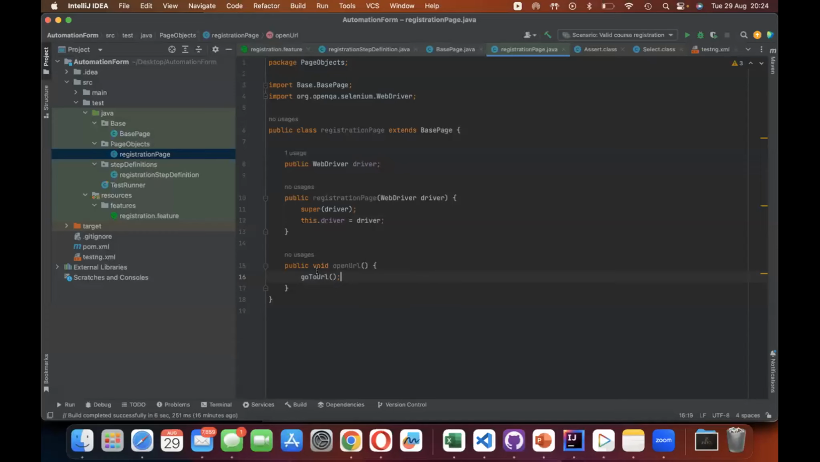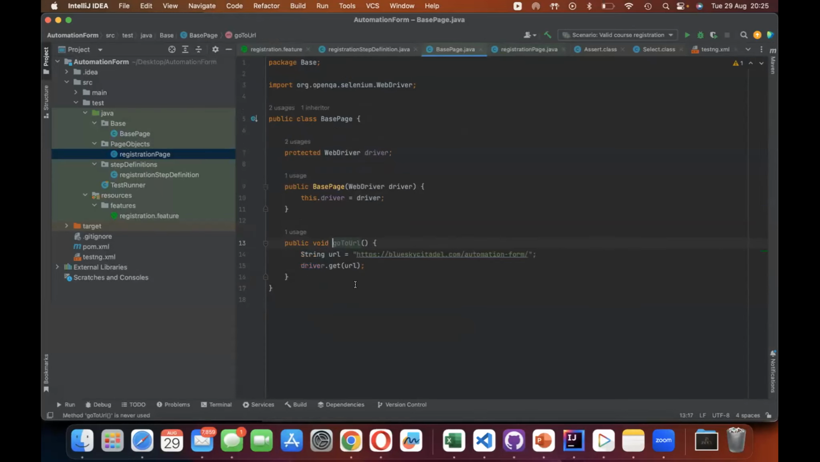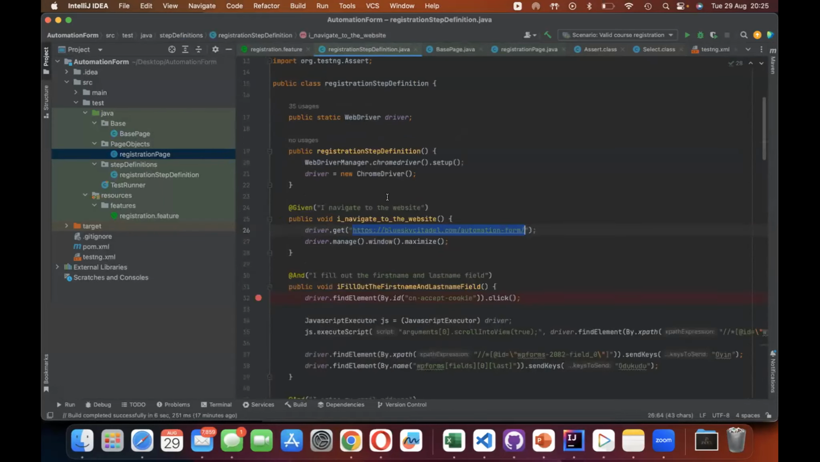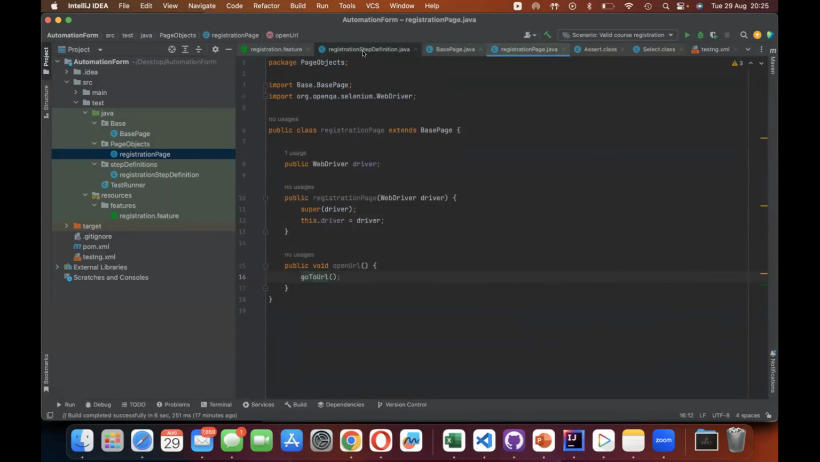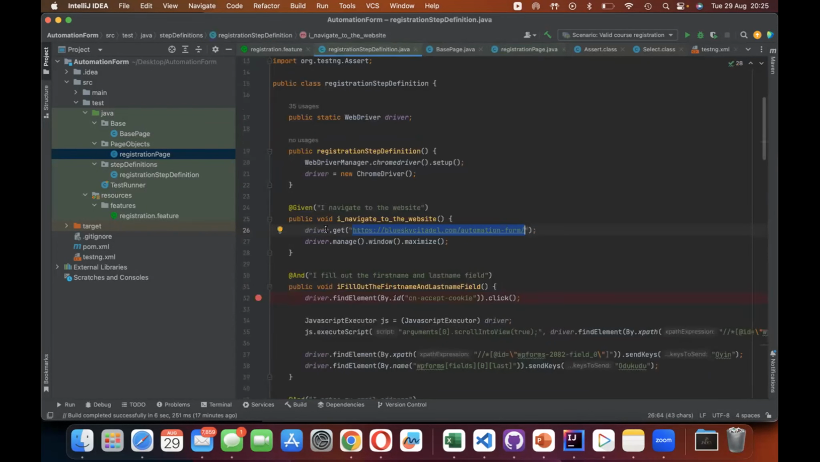Good. So next up, we are going to be going into step definition. So we already have a method called goToURL, and this is basically where the value of our URL is getting stored and also getting called as well. If I go into my step definition, what I need to do now is to declare the registration page in my step definition, then call this method called openURL in this line that I currently have